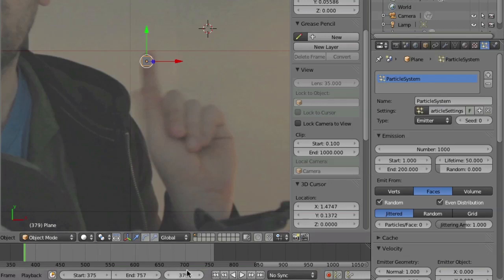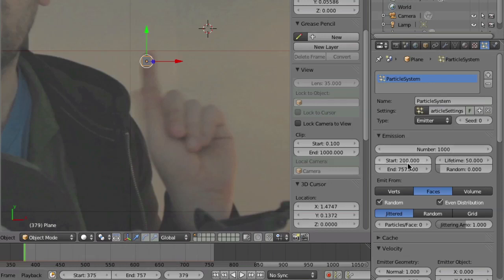So I just copy this number by hovering my mouse over this panel and then hitting Ctrl C, and then bring my mouse over this number here and press Ctrl V. Well, bad luck, this is now set to 200 because the end frame has to be set first. So let me go back here, Ctrl C over the end frame, then bring that over the end frame of my particle system, Ctrl V, and then do the same thing again.